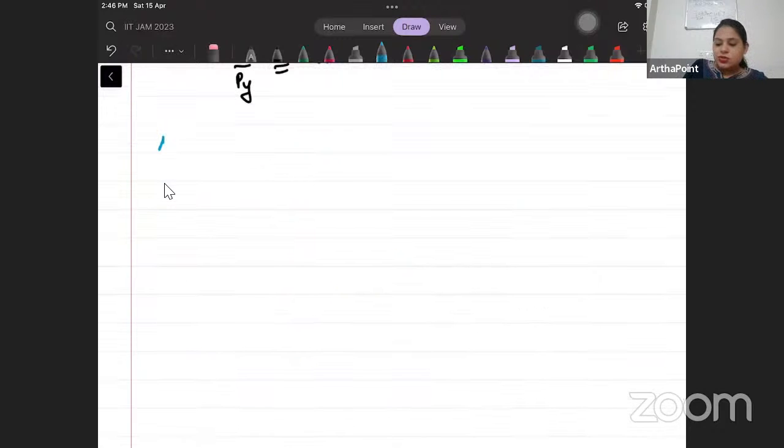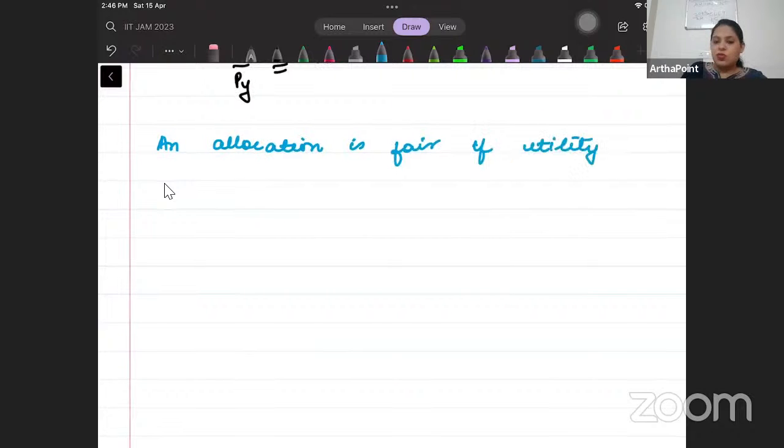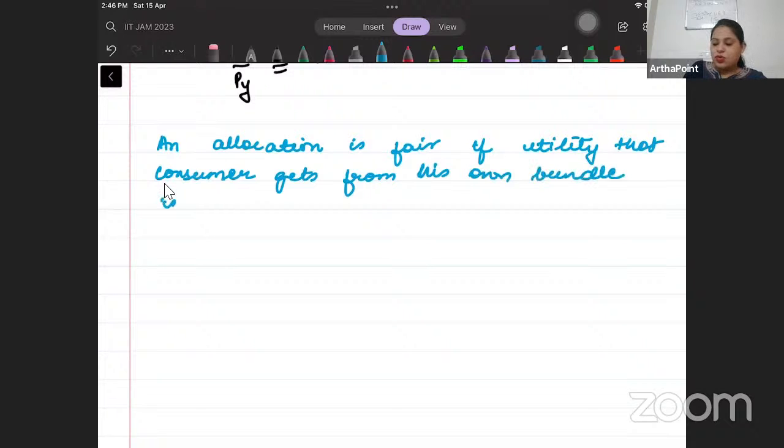An allocation is fair when? If the utility, I'm just writing it in my own language, that a consumer gets from his own bundle is more than the utility